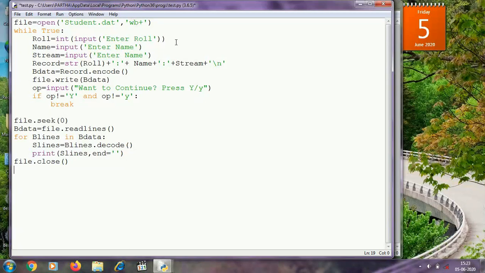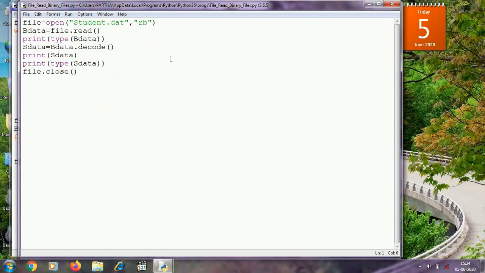We need to change only the mode, and file opening mode will be AB+. Using AB+ mode, at first we are going to append to the file and after that we are going to read from the file. Before appending, using this program I am going to read the previous content of student.dat.